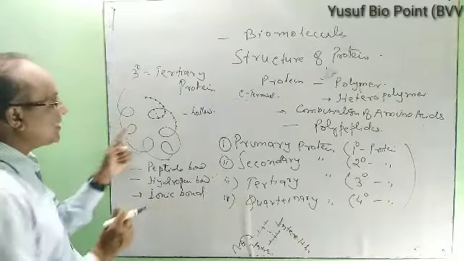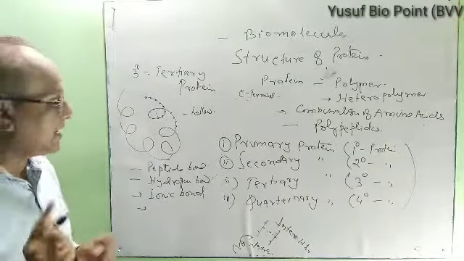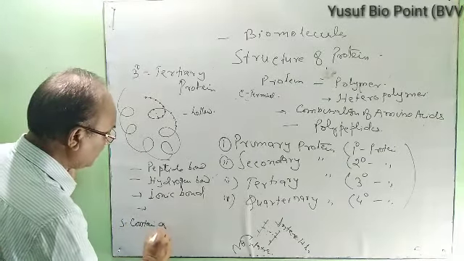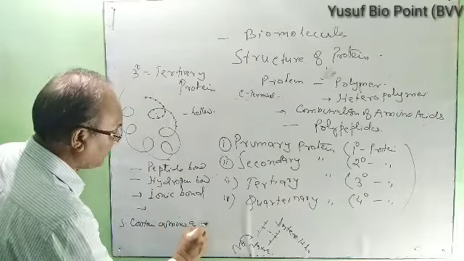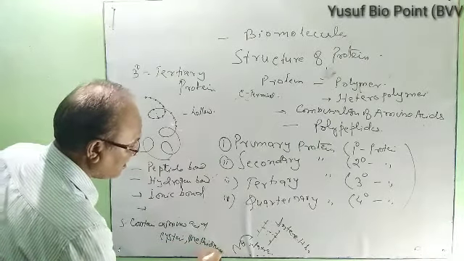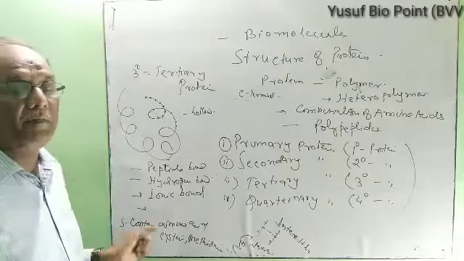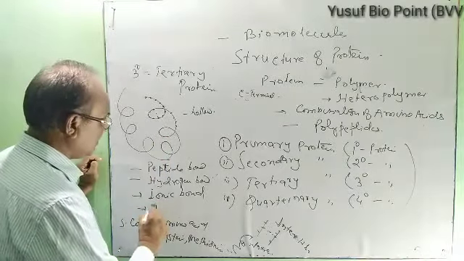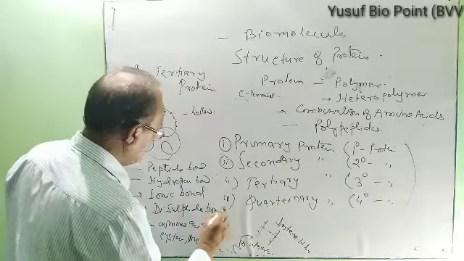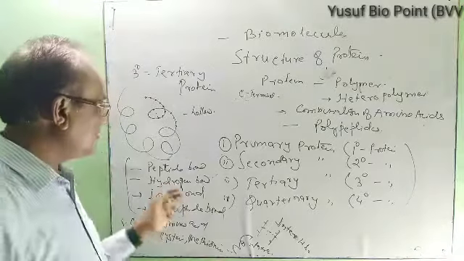And next one, if there will be sulfur containing amino acids, यदि इसमें सल्फर containing amino acid, जैसे cysteine, methionine, etc. अगर ये जब अमीनो एसिड होंगे तो उनके सल्फर के बीच में भी बॉन्ड्स बनेगा, दैट इज नोन एज डाइसल्फाइड बॉन्ड्स। तो ये इतने टाइप के बॉन्ड्स इसमें पाए जाएंगे, समझे।